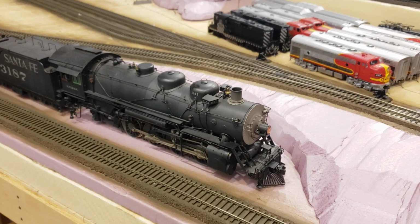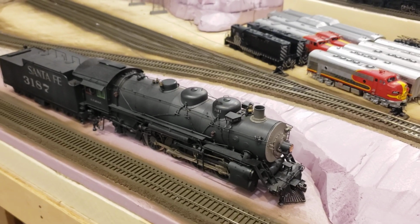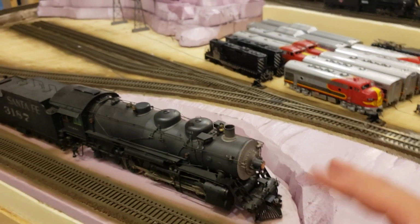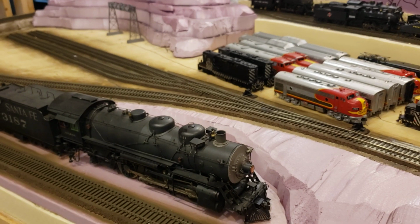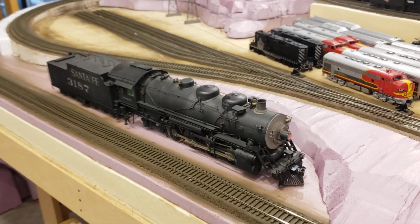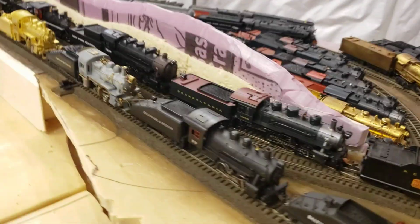It's a West Side Brass O-Scale Santa Fe 1360 class, which is very similar to the 4000 class, 2-8-2. It's 2-rail. It's not, I guess, really Proto 48, but it's O-Scale pretty much. And I don't really know what to do with it, but I love it, and I don't plan to sell it because it just looks that gorgeous. But that is a really interesting engine. Unfortunately, I have no track to run it on, but it's a really cool engine. But that is pretty much it for this